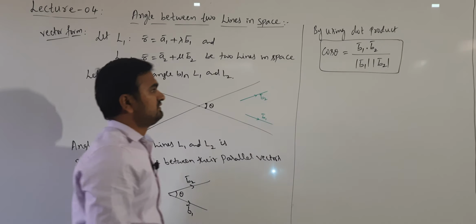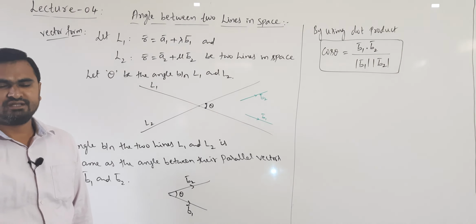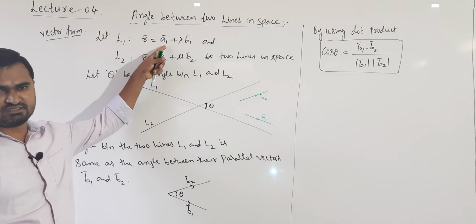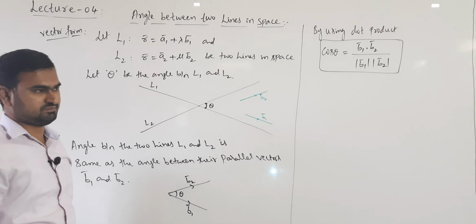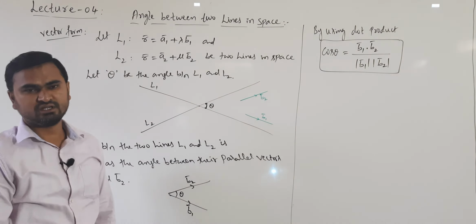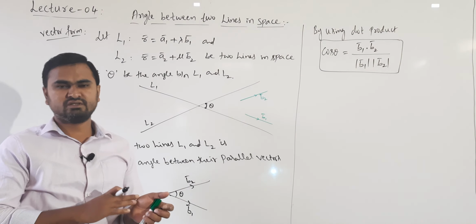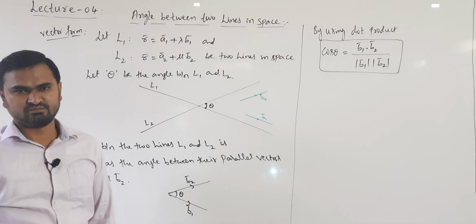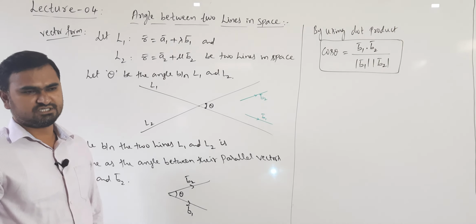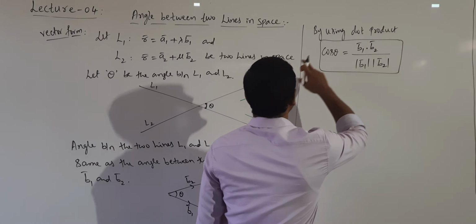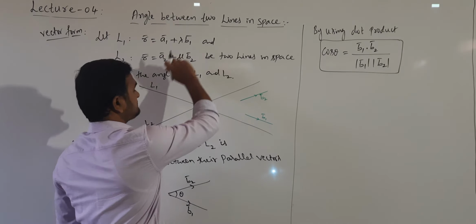So this is the formula for finding the angle between two vectors, angle between two lines when they are given in a vector form. Okay, so we are taking the angle between the vectors b1 bar and b2 bar, which is same as angle between the two lines. This is in a vector form. Now how do we write in a Cartesian form? In Cartesian form, what is b1 bar means? Parallel vector to first line.